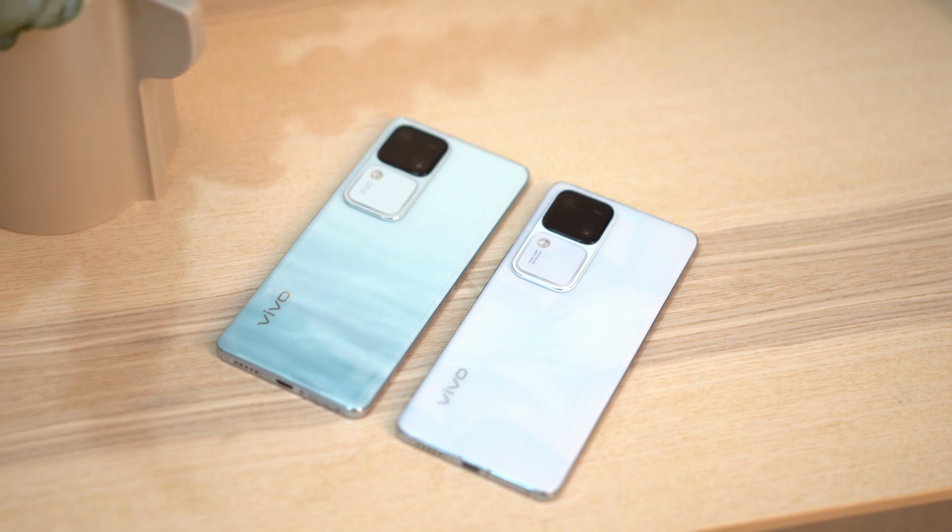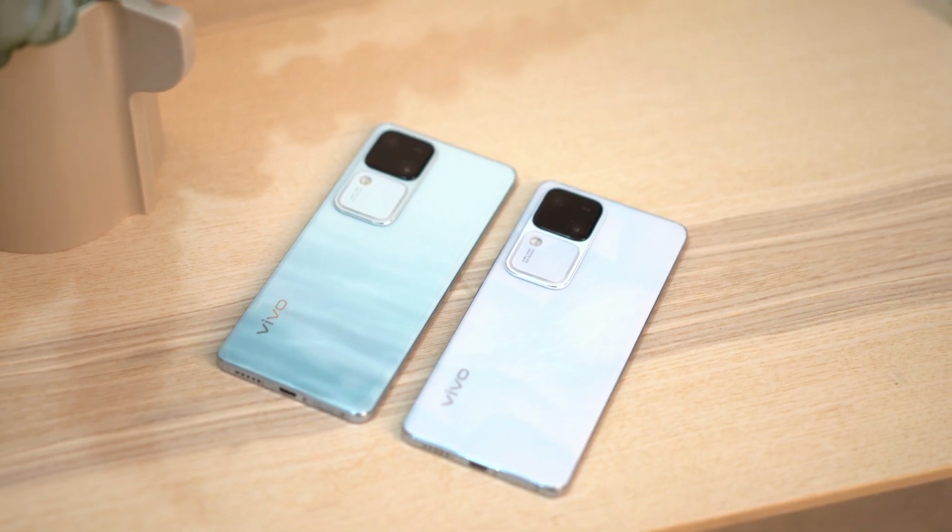Overall, I'd say Vivo did a good job in fleshing out the V30. Sure, we might not be a fan of glass-like back panels, but it's something subjective that people could work around, no problem. The build is good for the most part, so we wouldn't be worried about accidentally bending the phone either. I could demonstrate that. Yeah, it seems fine. I think if I pushed harder than this, I know it doesn't look like it, I am pushing very hard. I think that's when it would bend, but no one would go crazy on bending their